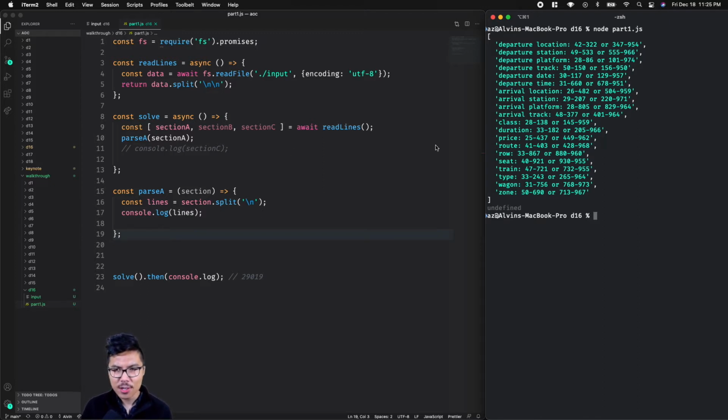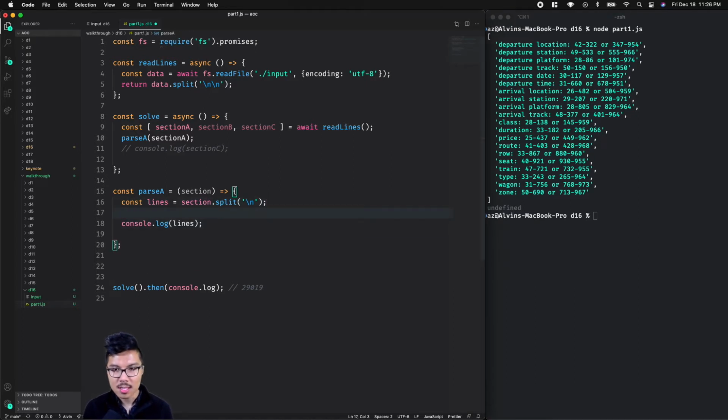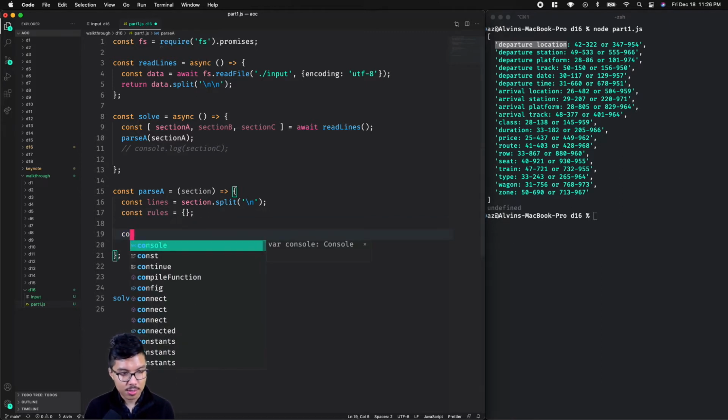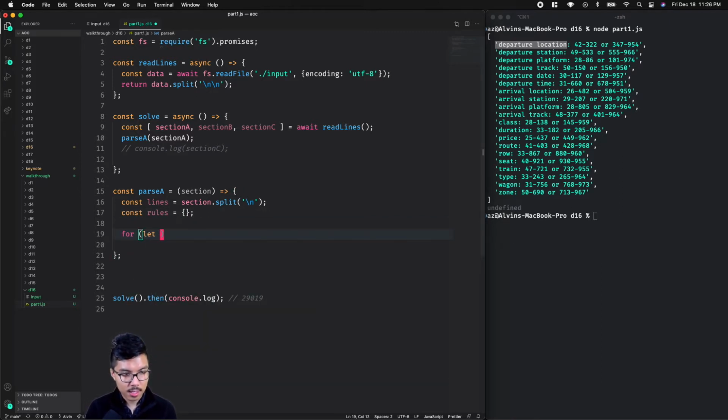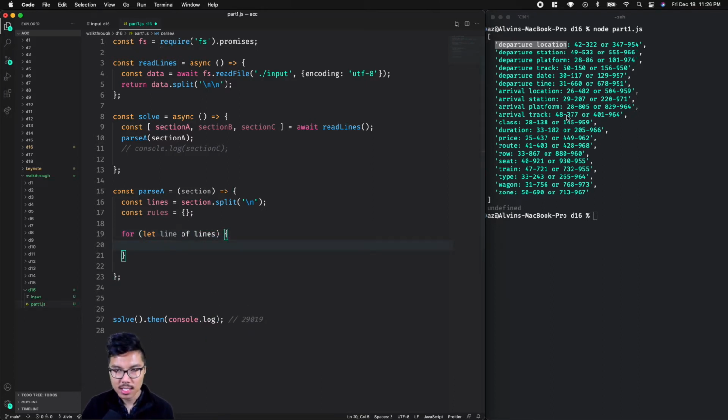So I can have just functions that return Boolean data. So what I'll do is I'm going to store all of these functions as keys and values of an object, where maybe I'll make the key the actual name of the field. So I'll say const rules, which starts as an empty object, and now I iterate through every line, right? So simply for, we'll say, let line of lines,